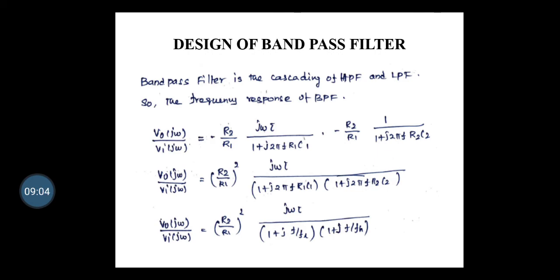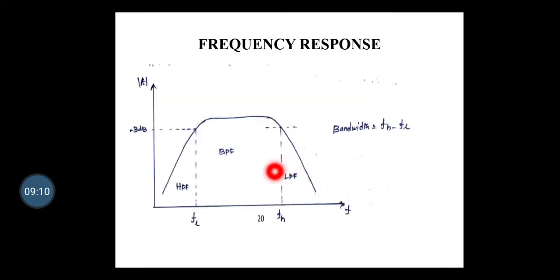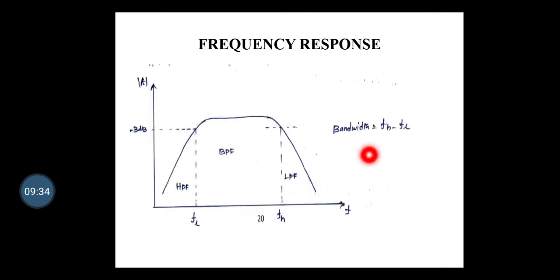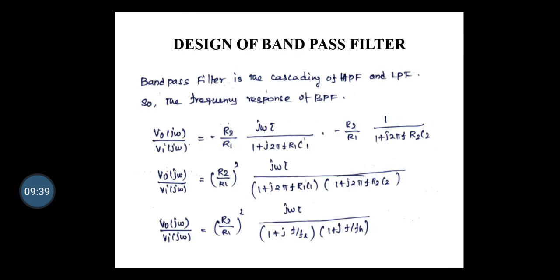So this is the overall lecture and design of band pass filter. This is the frequency response. So here this is the lower cutoff frequency and this is the upper cutoff frequency. This frequency range signal will be allowed. The remaining signal other than lower cutoff and upper cutoff frequency will be denied. So then the bandwidth will be calculated as higher cutoff frequency minus lower cutoff frequency. In that manner we are going to find the bandwidth. Okay, so this is the frequency response of band pass filter. I hope you all understand what band pass filter is and how it will be designed.